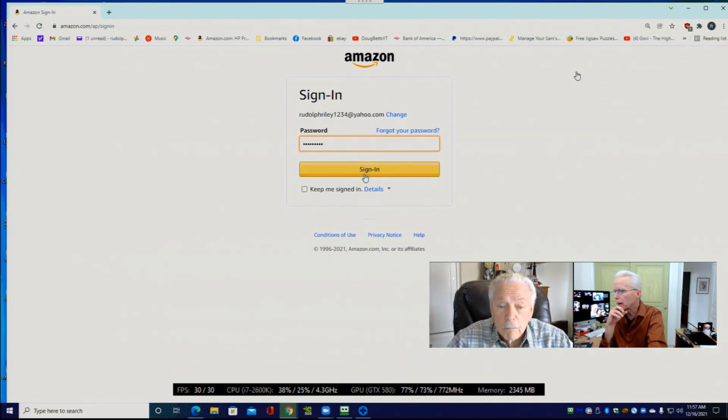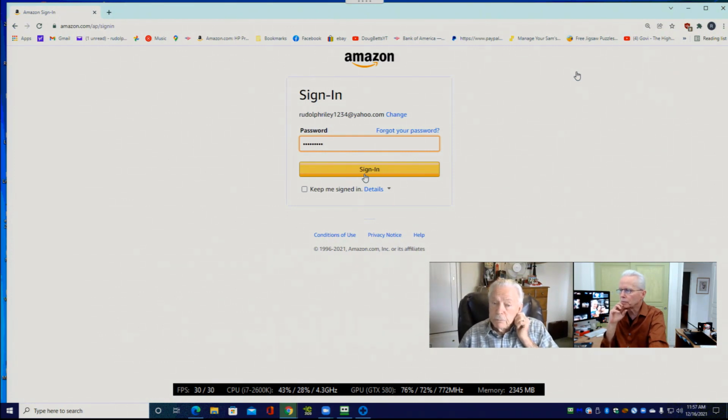Now hang on. This password field does not have an eyeball on the right-hand side for you to click and make sure that you typed it the way that you intended to. This is a situation where sometimes I find people have trouble logging into a website because something about what they're typing isn't typing the way they intend. So when you have the opportunity to click the eyeball to check on it and you've been having any trouble, that's a good thing to do. I just want to mention that here because it might be useful to somebody else.